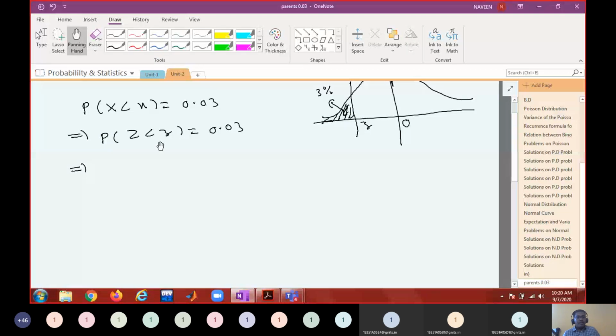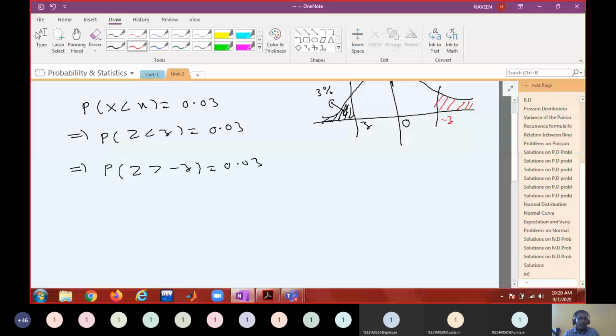Remember. Okay. So z is negative, so let us see what happens. That is the same as saying z greater than minus z. When z is negative, minus z has to be positive. So the probability that Z is greater than minus z has to be 0.03 because of symmetry. So when I say this is z, this has to be minus z. Less than means left tail, greater than means right tail.